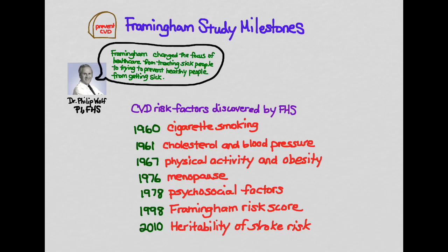And of course we know that cardiovascular disease is the main cause of death in the United States. So this is absolutely critical to understanding health risk generally. So cigarette smoking, this was a study that showed cigarette smoking is a risk factor, cholesterol, blood pressure, physical activity, obesity, menopause, some psychosocial factors. This is the origin of the Framingham risk score, which is even now what's used to predict risk of CHD in asymptomatic adults, and continuing to show a lot of evidence about the heritability of various